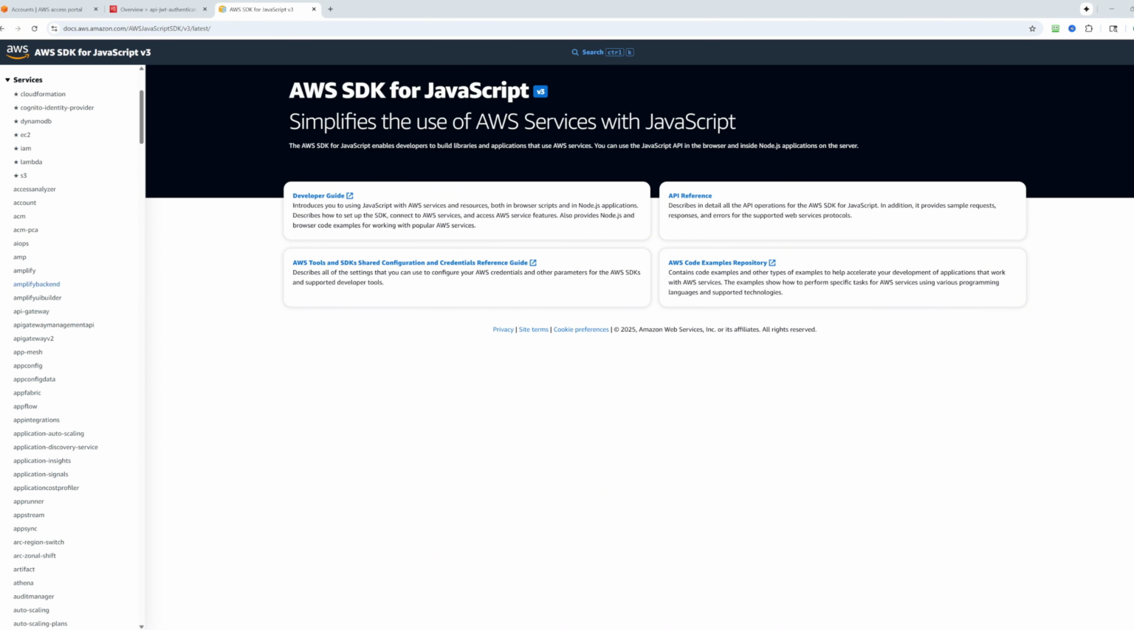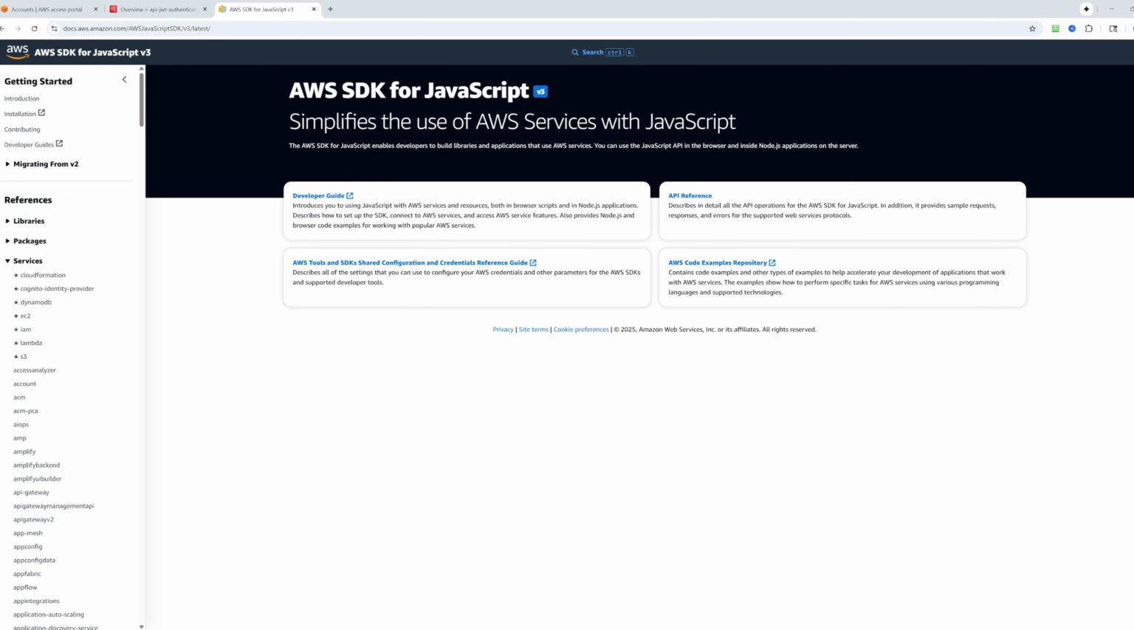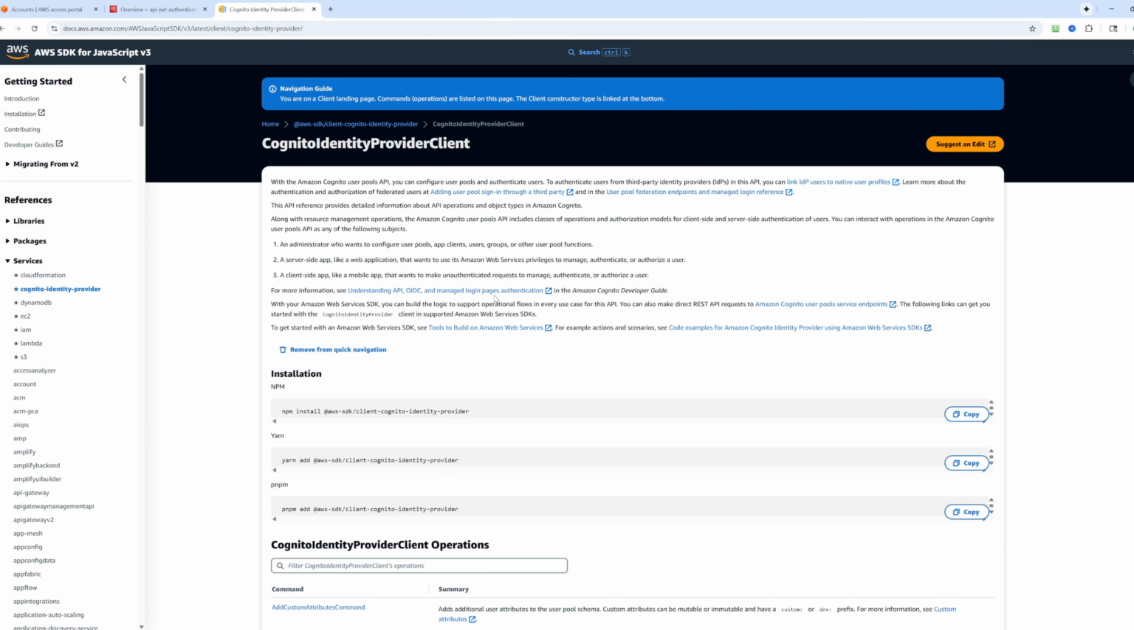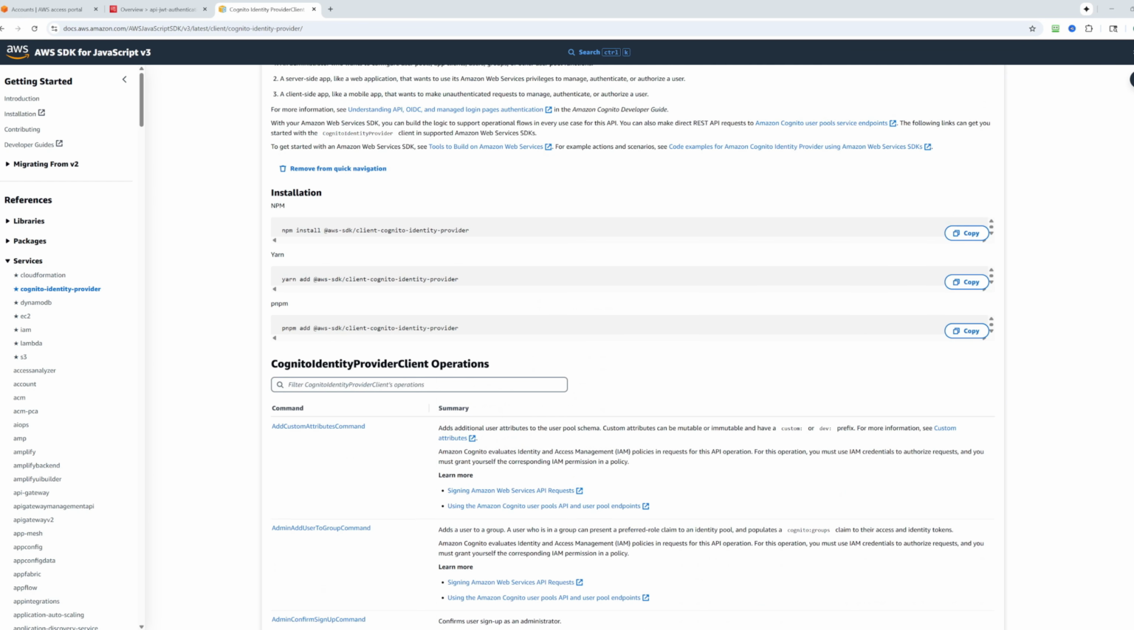However, if you don't have it, you'll have to just scroll down here. They're all in alphabetical order, so you can find Cognito Identity Provider. And then when you click on it, you're going to have the Cognito Identity Provider client documentation. This documentation tells you how to install the AWS SDK Client Cognito Identity Provider library, and then you also have the Cognito Identity Provider client operations. You can basically look through the list of what operations are available, or you can search for a specific operation. For example, we will need to be able to sign up a user, so you can search for